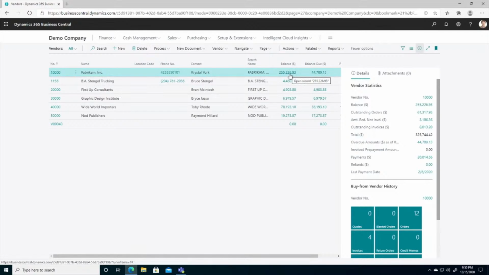This is one of the most important pages in Business Central when it comes to inquiring on your vendors, and this also goes for customers as well. This vendor ledger entries or customer ledger entries page is actually pretty powerful, where you can do a lot of stuff. We can get straight into our vendor ledger entries for Fabrikam simply by clicking on this balance